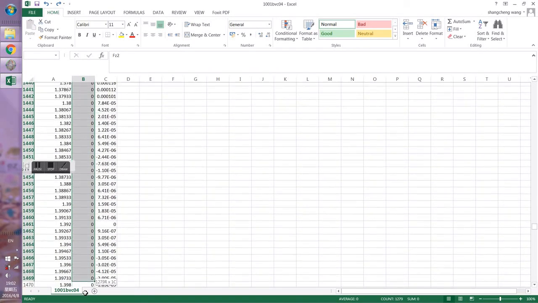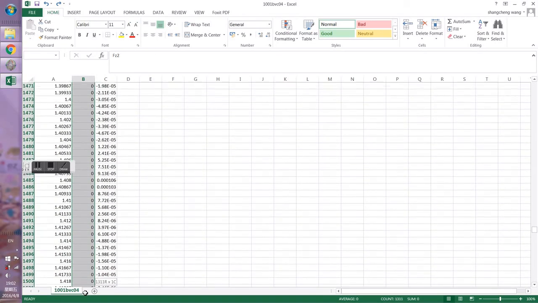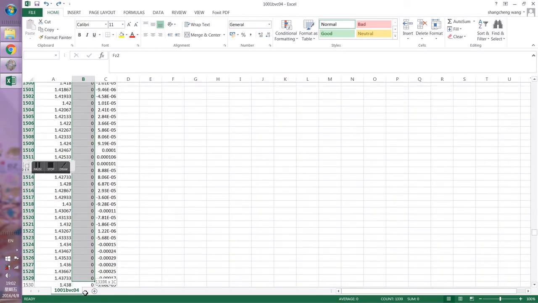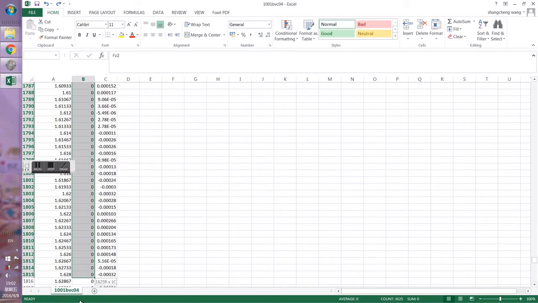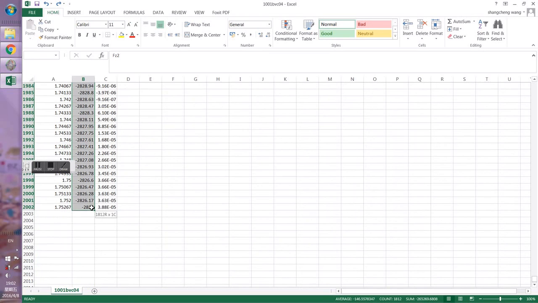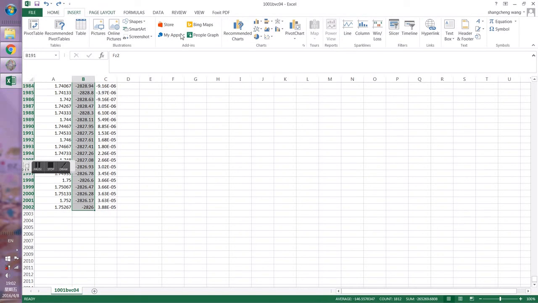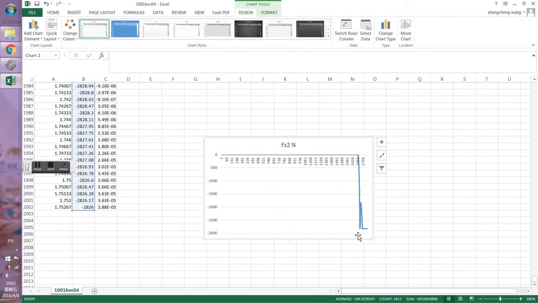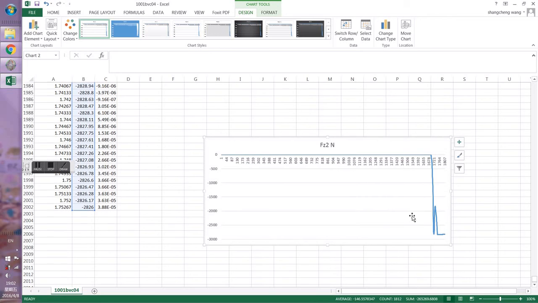It has so many frames, so you have to go to the very end of the Excel file. Okay, that's the end, and we insert curves. Oh, that's the curve of the contact force. It's very similar to what we have seen in Mokka, and it tells you it's about 250. Actually, the maximum can go to 2